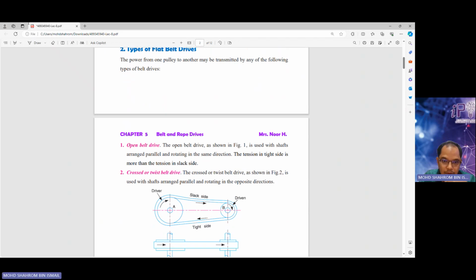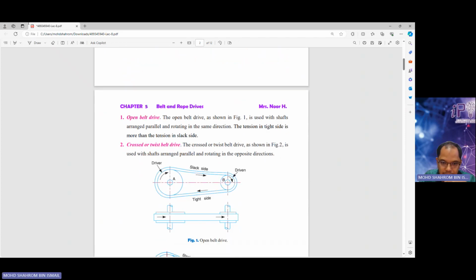Open belt drive, as shown in figure 1, is used with shafts arranged parallel and rotating in the same direction. The tension in the tight side is more than the tension in the slack side. Okay. So here is